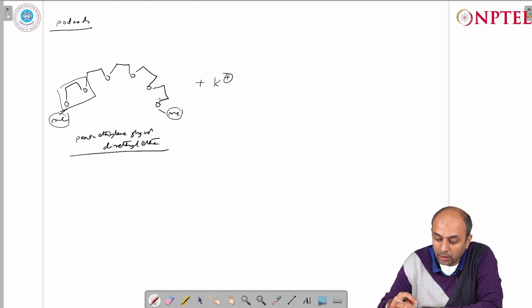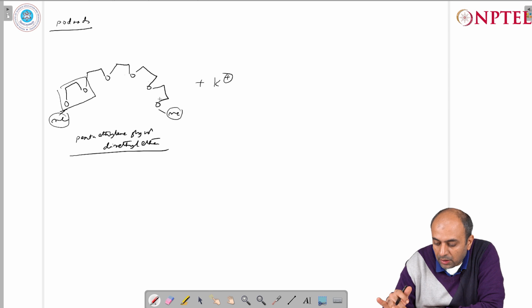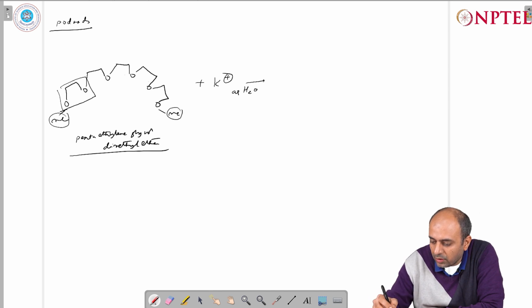There is also an enthalpy penalty here because this particular ligand is extensively solvated in aqueous solution, and now you will have to remove the solvent molecules, desolvate it, and then only it will undergo complexation with the potassium cation so that it can form